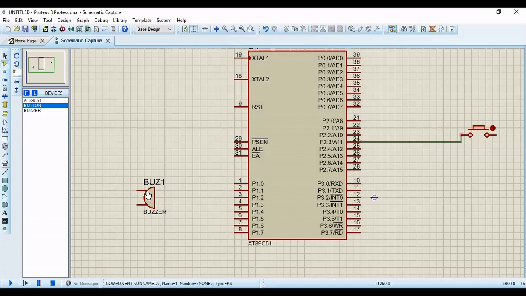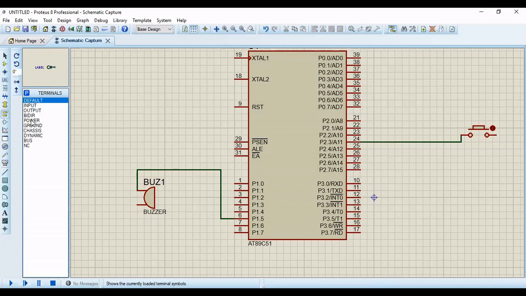And if you remember, we have connected buzzer to P1.5. P1.5 is my buzzer. So I'll be connecting this to P1.5. Right, I have connected it to P1.5. This is the first thing we need to do. Next, I need to connect with the power, right? So go to terminal mode here, click on that, and you select the power button. So this power button, I need to be connecting it to the switch. So I'll place it here, the right, and then connect it to the switch.